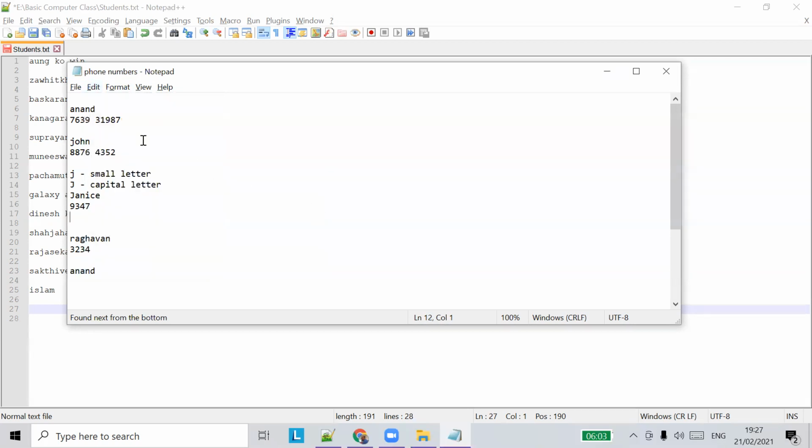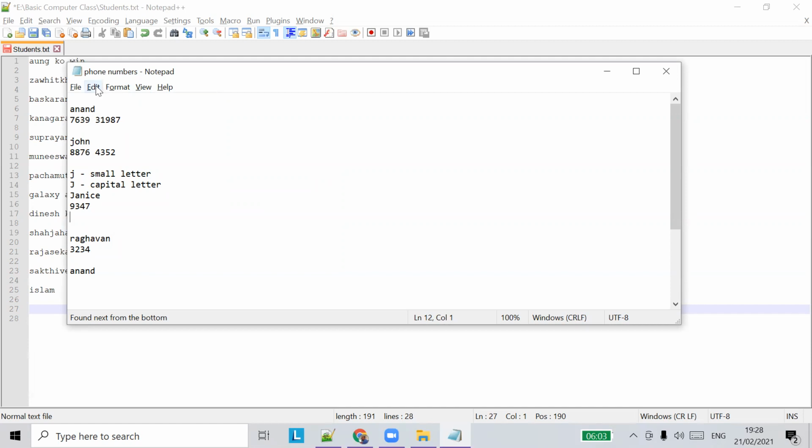Okay, so that's it about find. This is how you find some words or letters in a particular file. There are some options like find next, find previous. There are only two options. You can search for the next or the previous occurrence, or you can use match case also, or you can do a wraparound search also. So that's it about find.